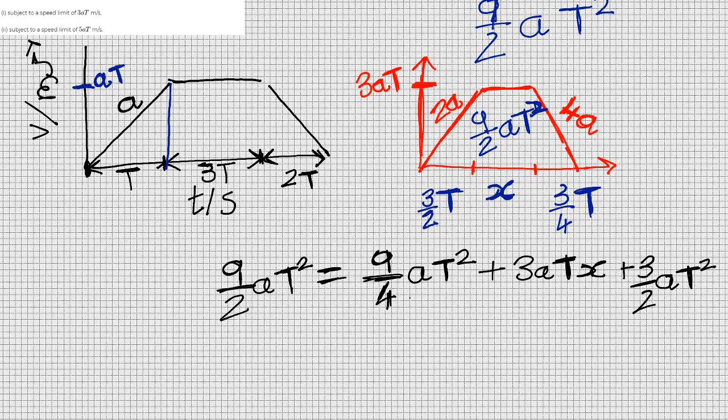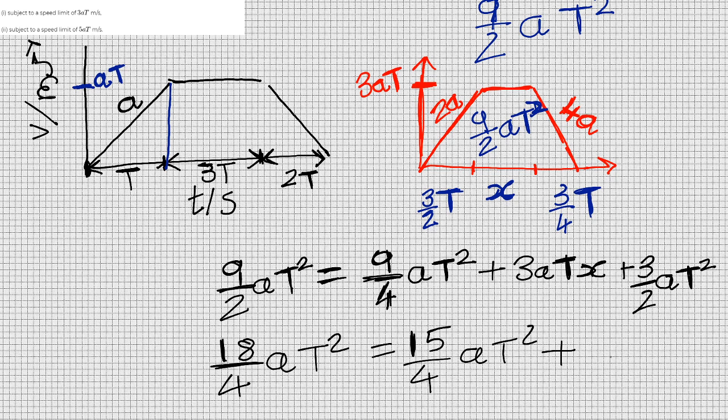And let's add this all up. So I'll just change this into 18 over 4 at squared. And that'll be 9 and 6 is 15 over 4 at squared plus 12 over 4 x at. So the x has to be